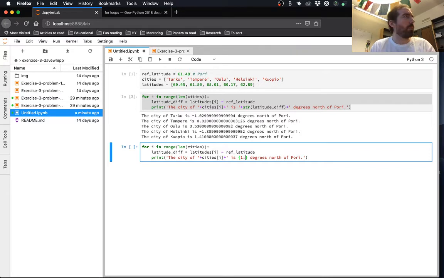I can't remember whether we've gone through string formatting. I think maybe we have seen this already once, but I'll explain what this means in just a second. So I'm going to replace that latitude difference with some funny looking thing here, and I'm going to replace the city over here with some other funny looking thing like this.